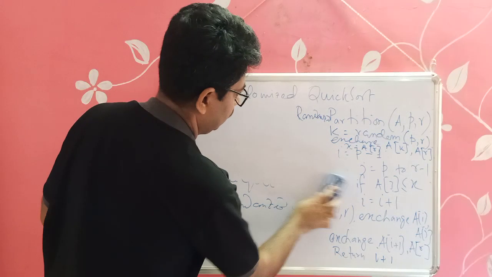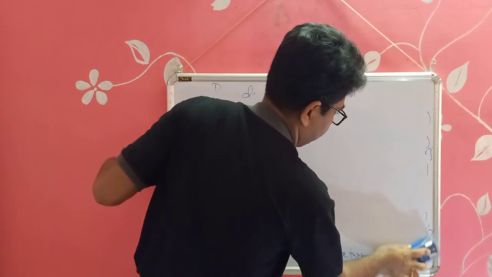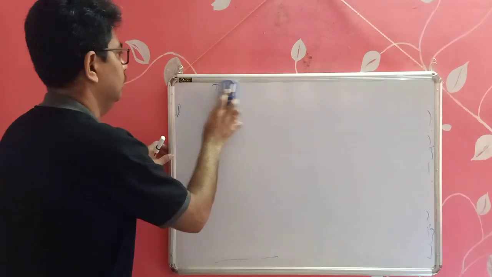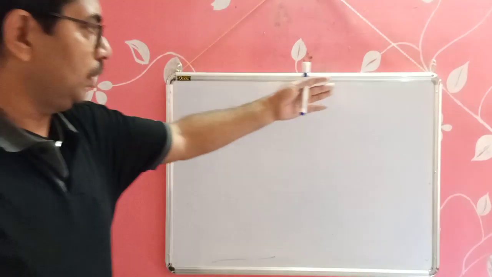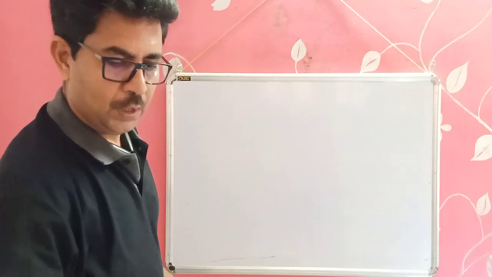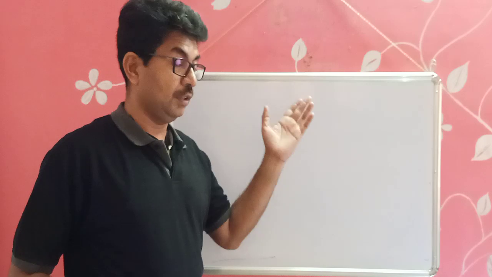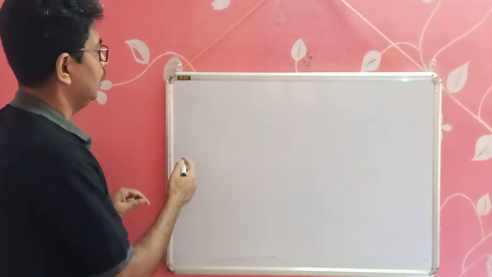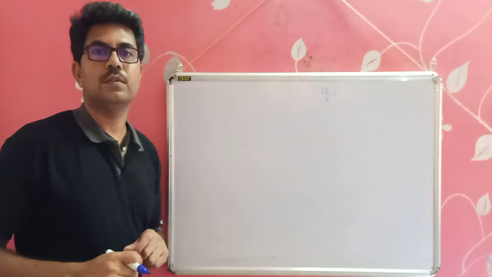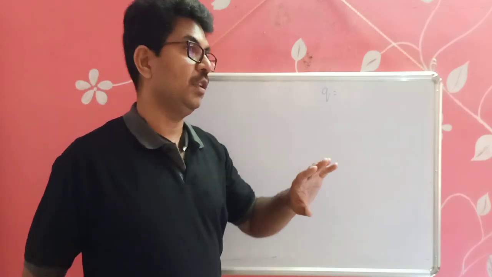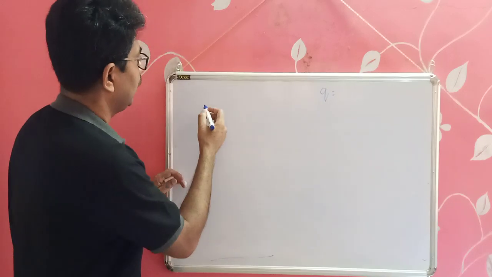So I am erasing this. Just keep a note here of the partition and the quicksort algorithm. Now we will go for the time complexity analysis of this randomized version. Here q is the position of the pivot element. Since we cannot guarantee that it will always be 1 to n minus 1 or n by 2, therefore we can write the